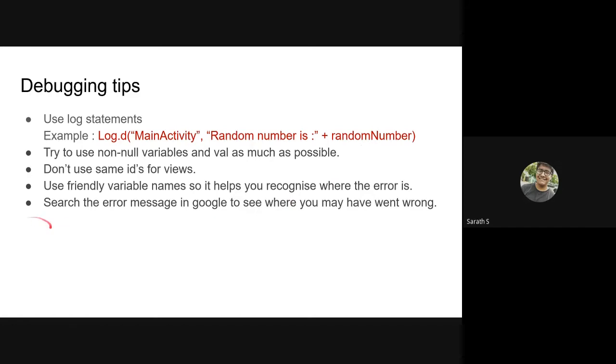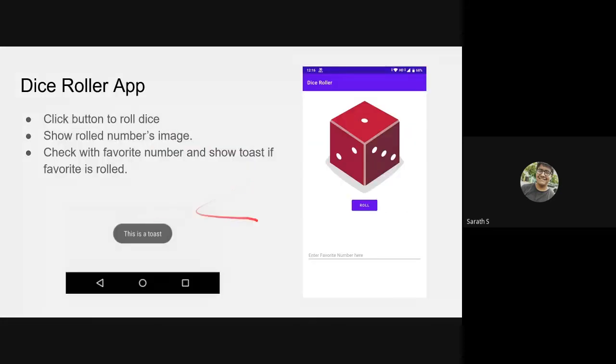So then the main point is Google the error which you got if you don't understand what it is. It easily brings up 1,000 Stack Overflow links for you. You could just view what the error is. The other people explain how to fix it as well. So if you still don't get it, you could just come to the WhatsApp group, the link which I've shared, and just ask me.